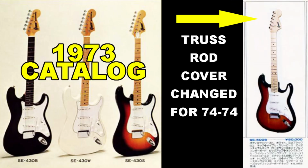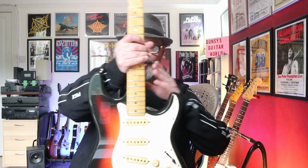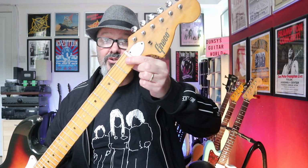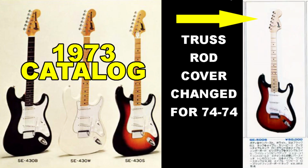So let's try and identify how old this guitar is. So here's a 1973 GRECO catalogue, and we have an SE430. Now they have them B for black, an SE430W for white, and an SE430S, I think, for sunburst, like this one. Now that one does have like the ashtray cover for the bridge. That's 1973, and those ones have this white truss rod cover, there. So I think this is a 1973